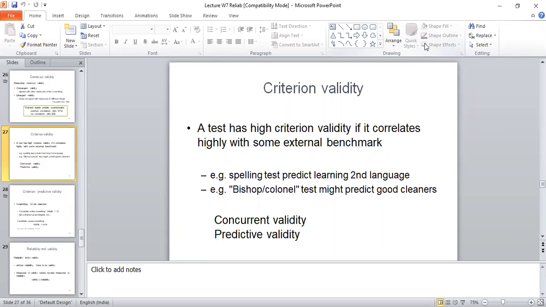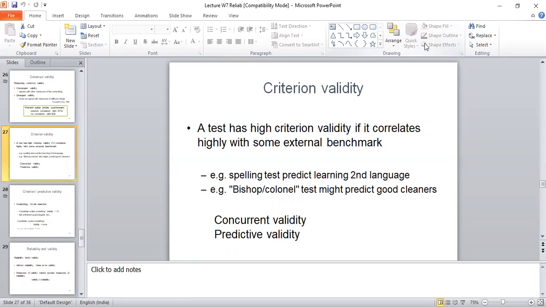So criteria validity is defined as an external and independent measure of essentially the same variable that the test claims to measure. You must have seen this in your practicals. Because you are in third year, you've seen a lot of manuals of a lot of tests. And criteria validity is one of the most common forms of validity that most tests use, especially the tests that you have done.